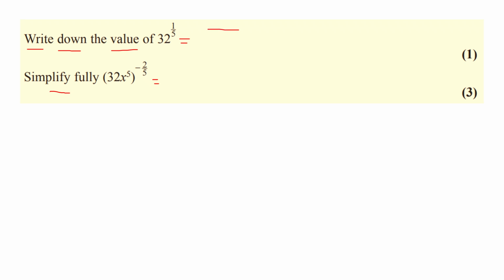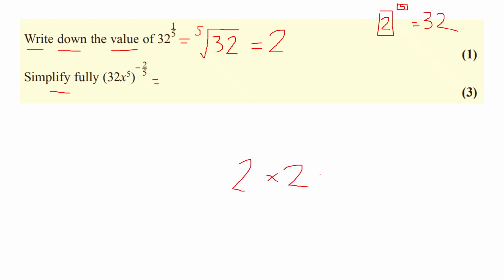Well, power of a fifth just means the fifth root of that number. So the fifth root of 32. Now what this is saying is, what number do I raise to the power of 5 and get 32? Well, that will actually be 2. 2 to the power of 5 is 32 because 2 times 2 times 2 times 2 times 2 is